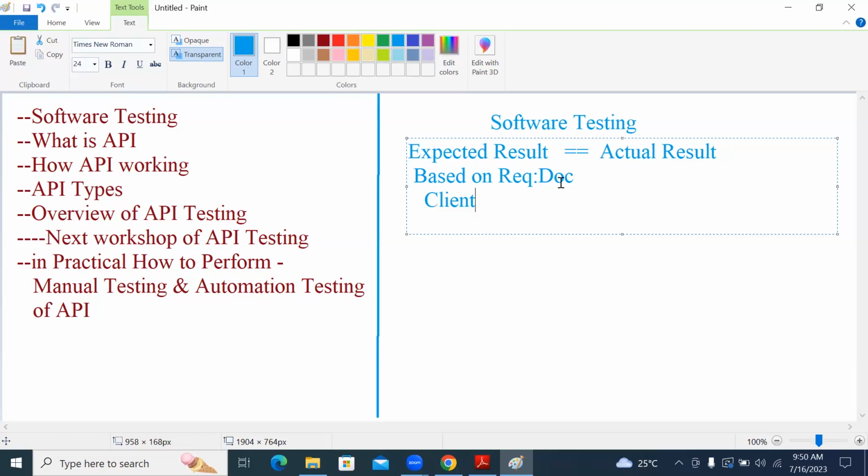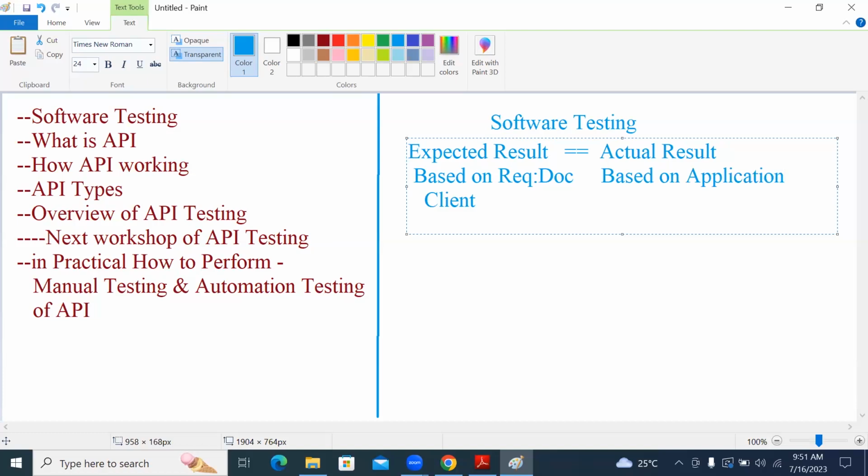Now, along with the expected result, we get the actual result. See the terminology, actual. Previously, expected: this is how it needs to be done. Actual means it is done, the reality, which you are able to see. This needs to be based on the application.